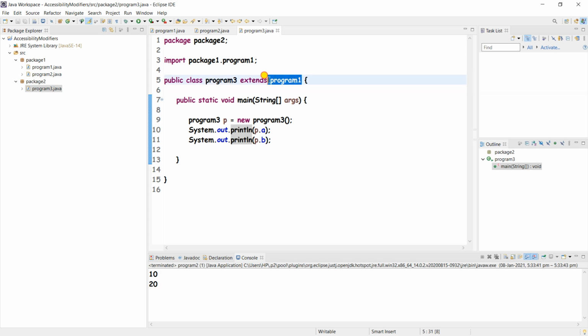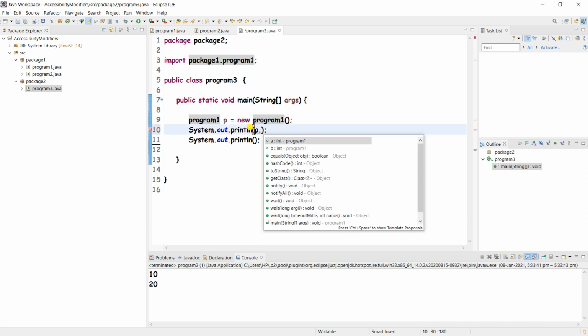There is no need to extend here now, because these variables are declared as public. So save that program, and see whether the p.a and p.b suggestions came or not.